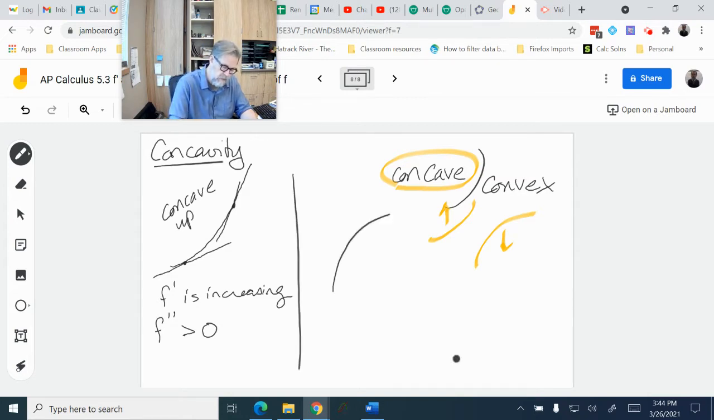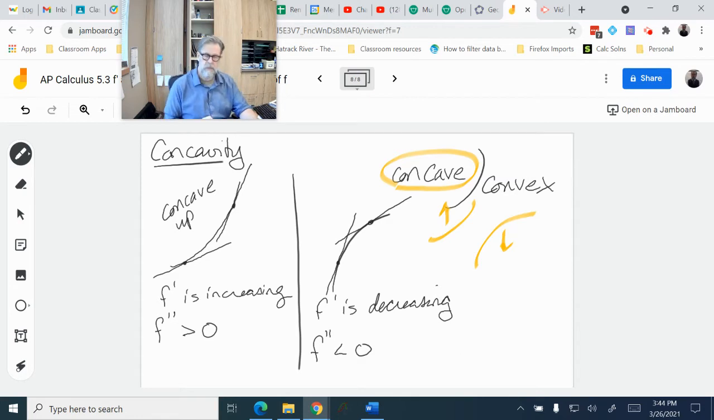Let's look at concave down. There's a tangent line, and a little bit later on, there's a tangent line. Notice the slope of this curve is decreasing. Well, if the slope is decreasing, then the slope of the slope must be negative. So our second derivative